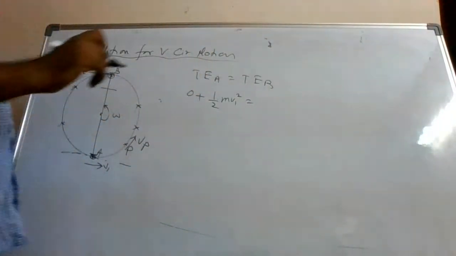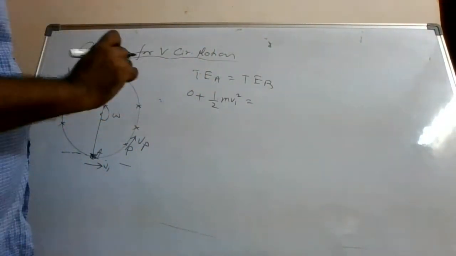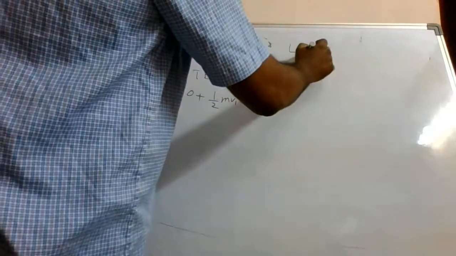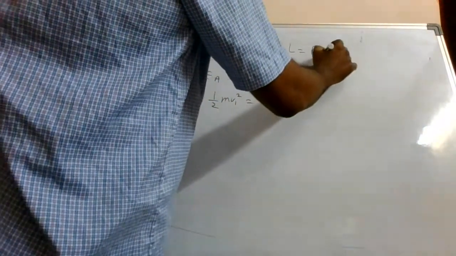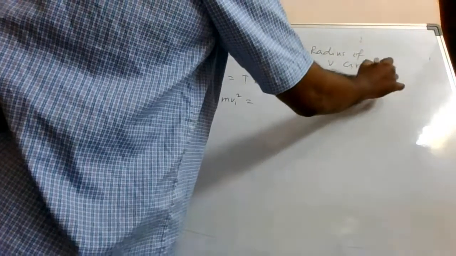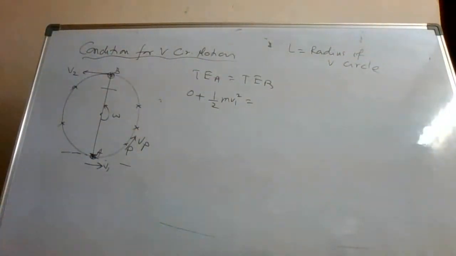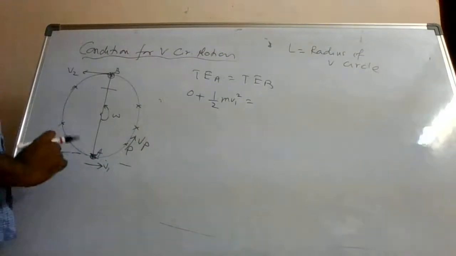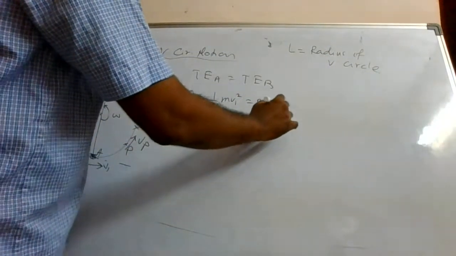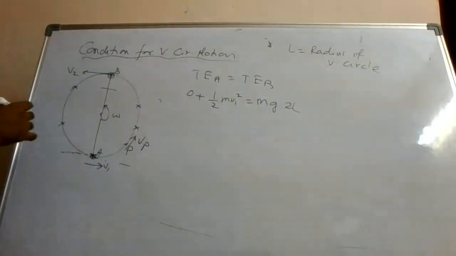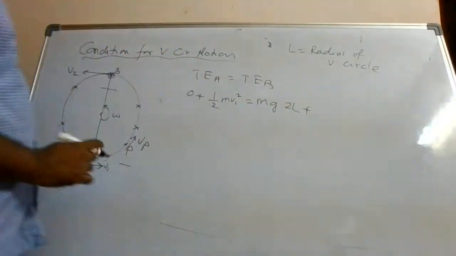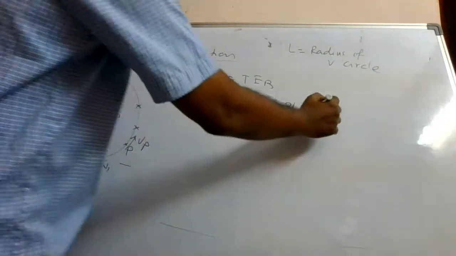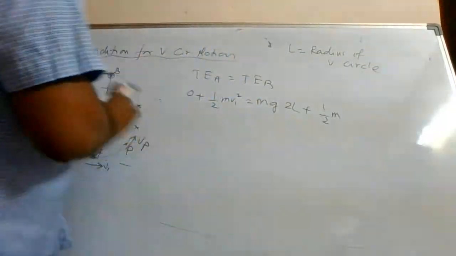See here, length of the string itself is the radius of the vertical circular motion. Here length is equal to radius of vertical circle. Do not think that this is something else. You can write R also. So this is equal to, here potential energy will be how much? M into G into 2L. Alright, plus here the speed will be half m v2 square,